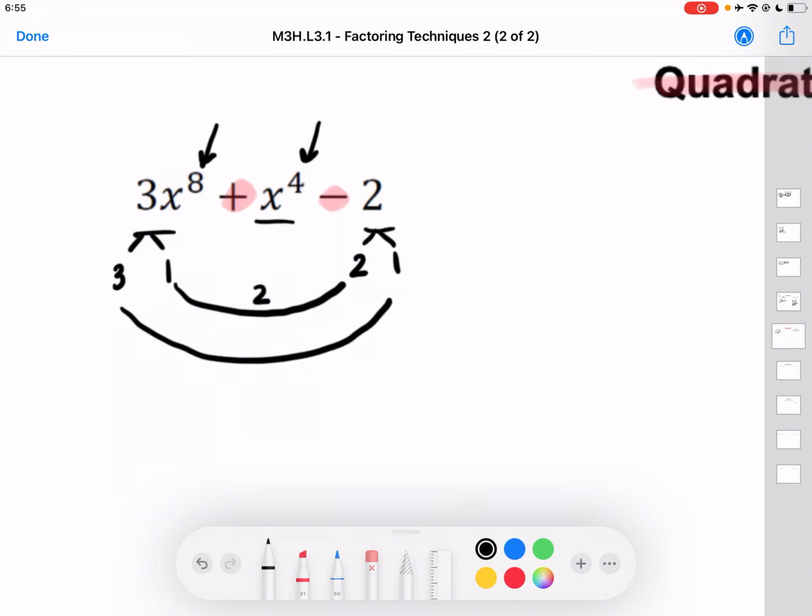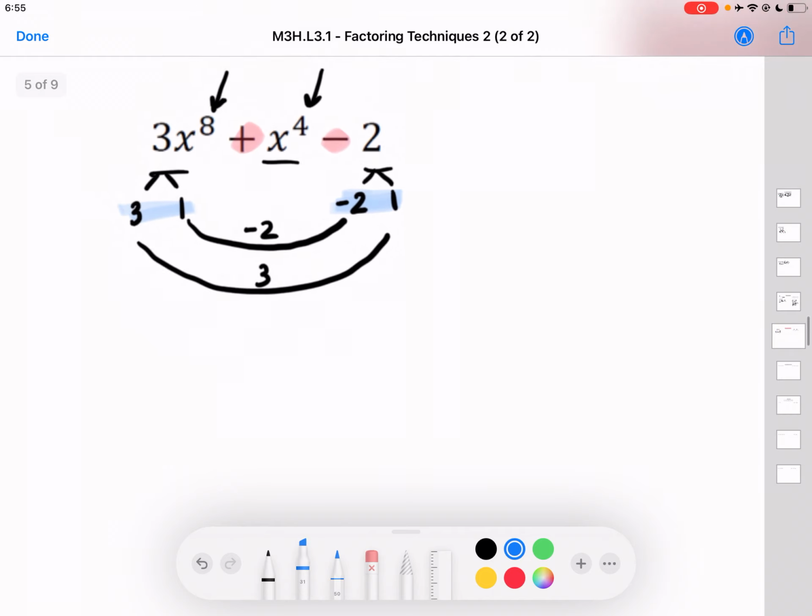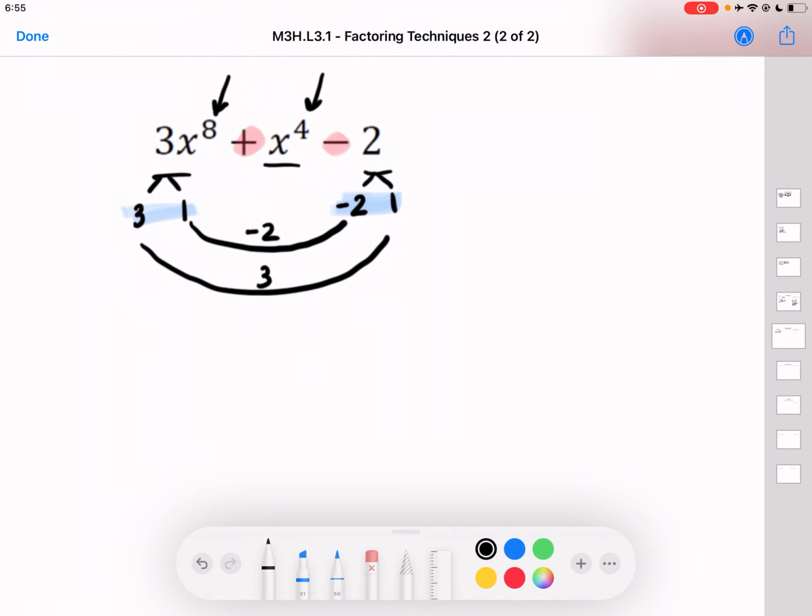1 times 2 is 2. 3 times 1 is 3. And we want to subtract to get positive 1, so that means one of them negative, right? So 3 minus 2 gives you positive 1, which means this one right here would be negative. So we just need to figure out how to place these numbers, and it's going to be the same thing as what you did on the other problems, except that we have to pay attention to what our exponent was